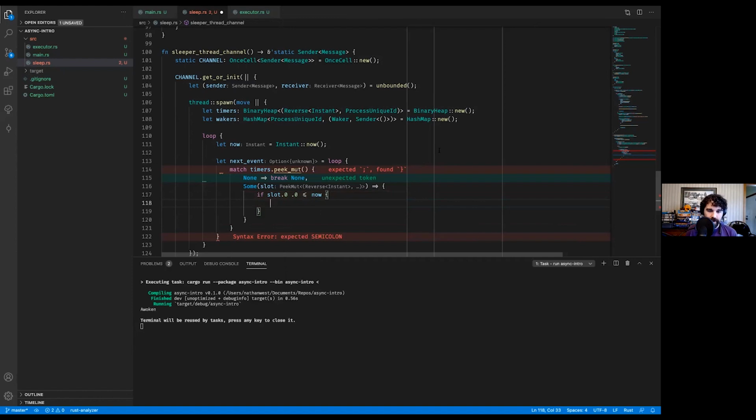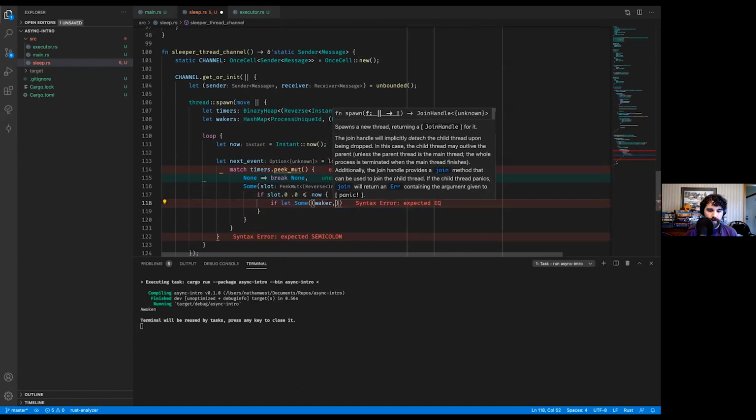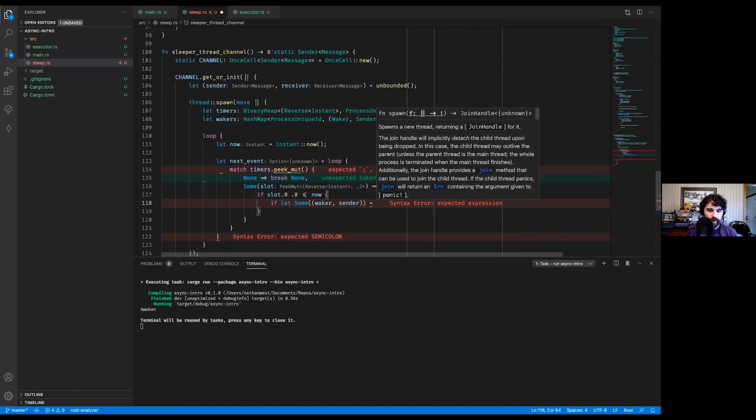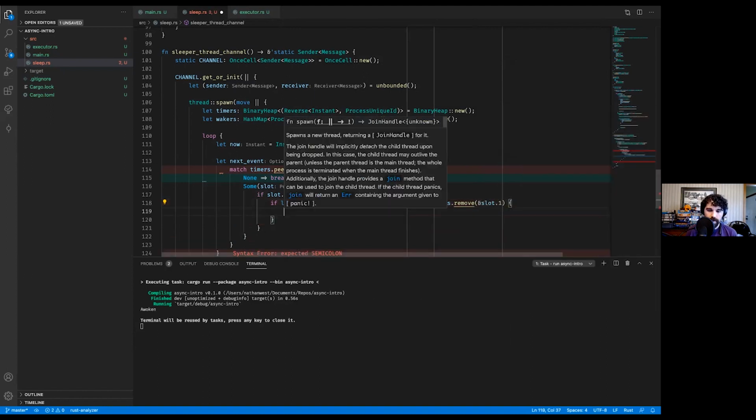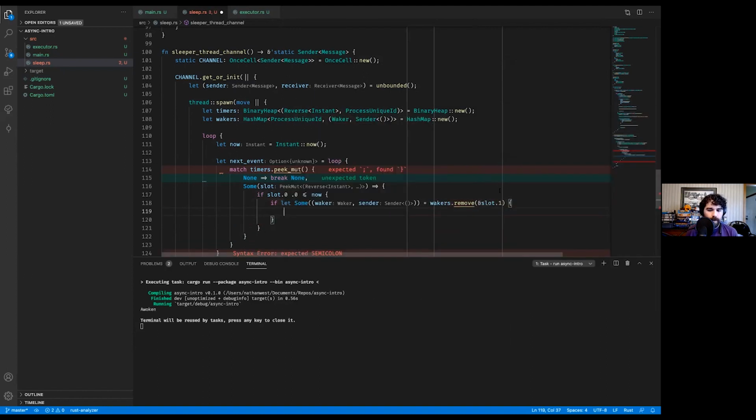We're going to look it up in our wakers table. We'll say if let Some(waker, sender) equals wakers.remove this ID. This is going to be slot.1. We will try to send to the sender. We'll say sender.send our message, right?